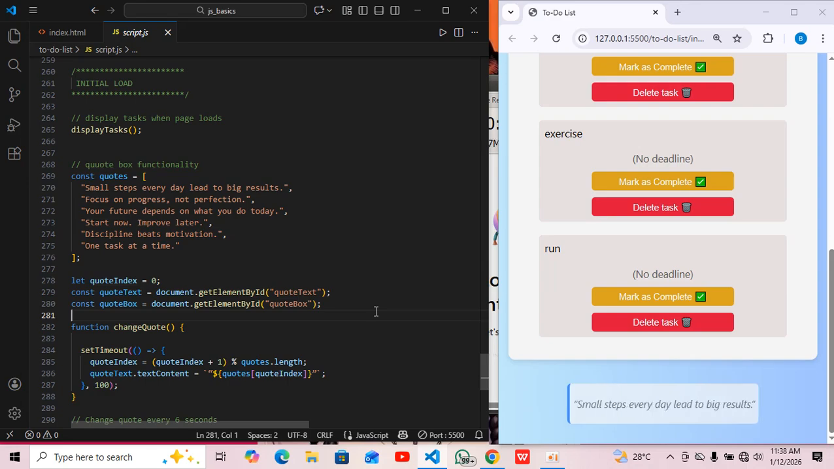So anytime the code index is 0, in JavaScript, the index of variables and arrays starts from 0. So 0, 1, 2, 3 going. The logic behind this is that anytime code index